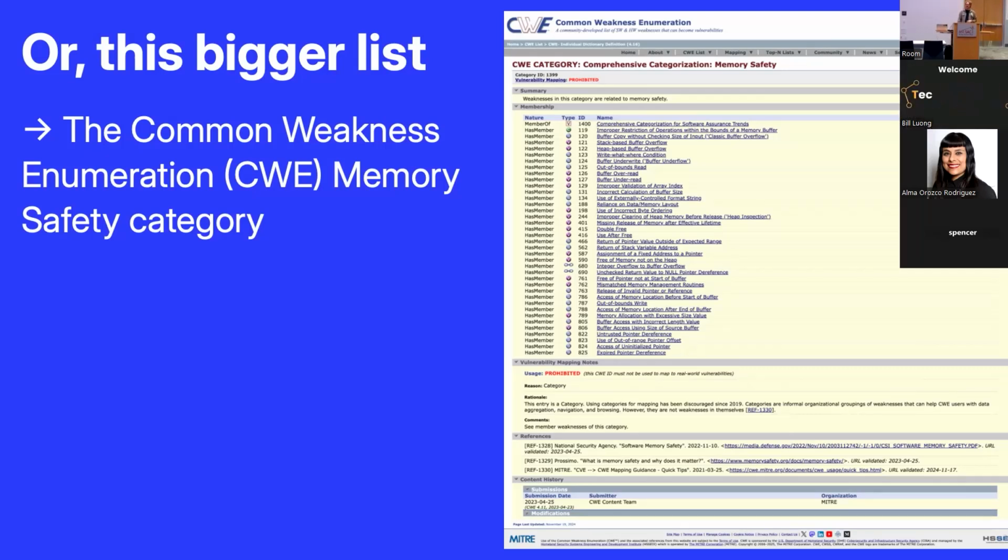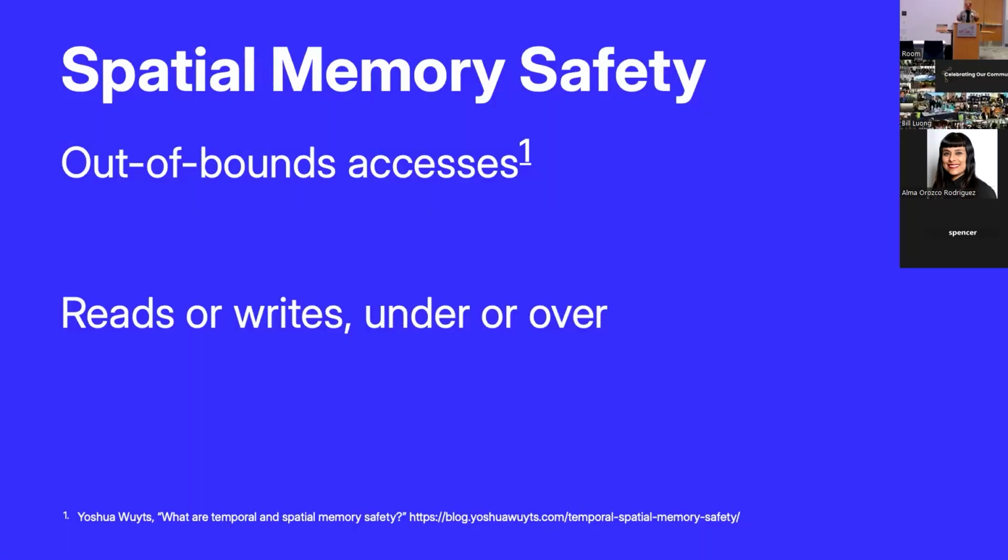It's informative, but usually we'll just say things like buffer overflow or null pointer dereference. Now, I mentioned also that you can split these types of vulnerabilities into categories. So spatial memory safety is the first one. Basically, out of bounds